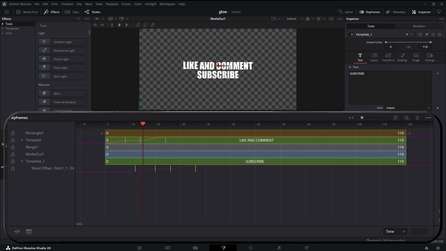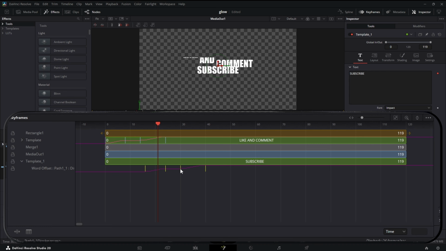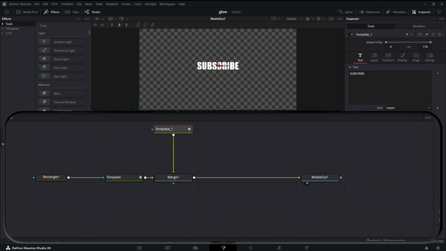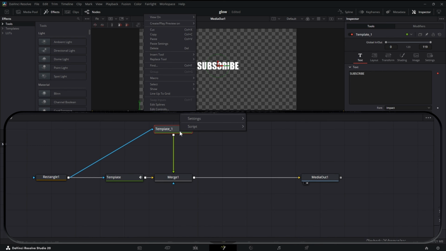Still a little too soon, so keep going. Need some more here. You can actually probably take that back just a smidge. Awesome. Now we can close out the keyframes panel and hook our rectangle mask up to our new template. And we should have something just like that. All right, now copy the template 1,